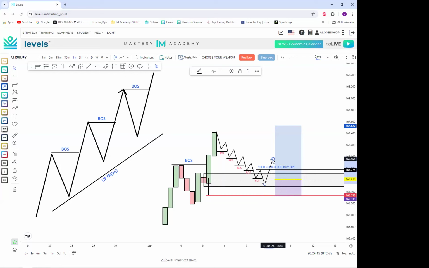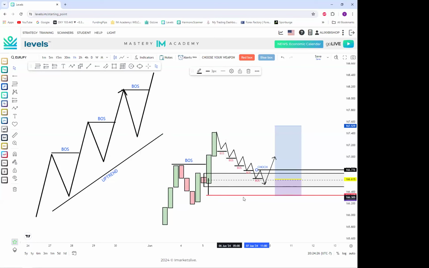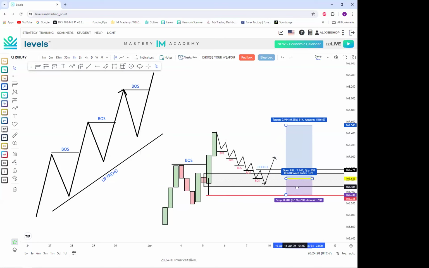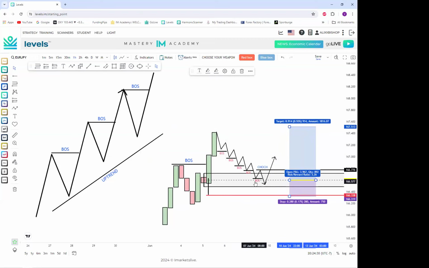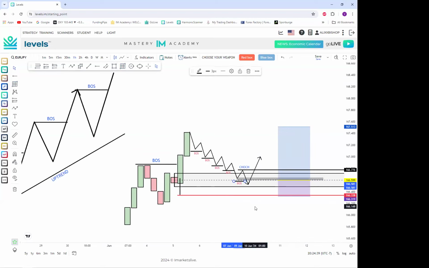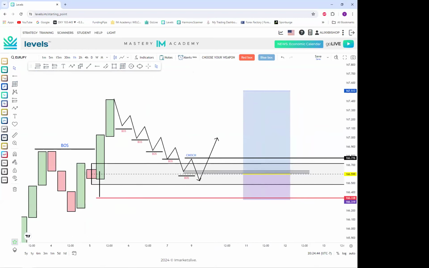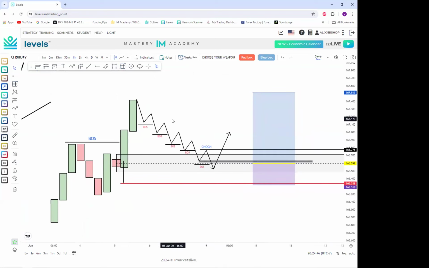So look, once we get this change of character, boom, we got that. Market structure gave it to us, right? So let's go ahead and just write down change of character. It's been confirmed. So look, instead of using this zone here, we're gonna go ahead and use up this area. Now this is our left shoulder, our inverted head and shoulders. If I zoom in real quick for you guys, I didn't even realize how small that was. My bad. If I zoom in for you guys,